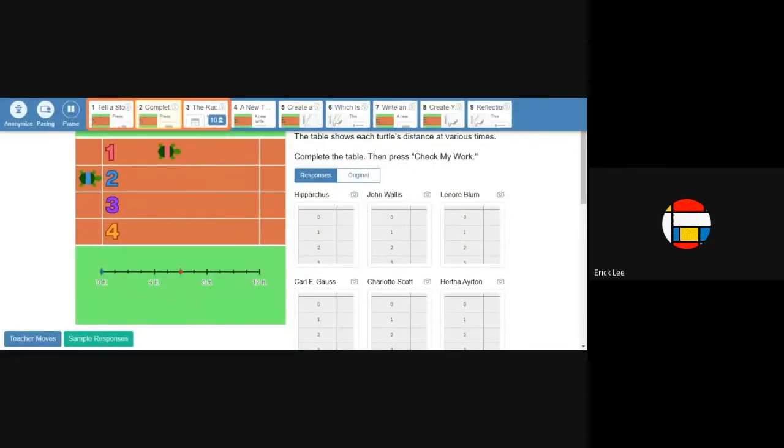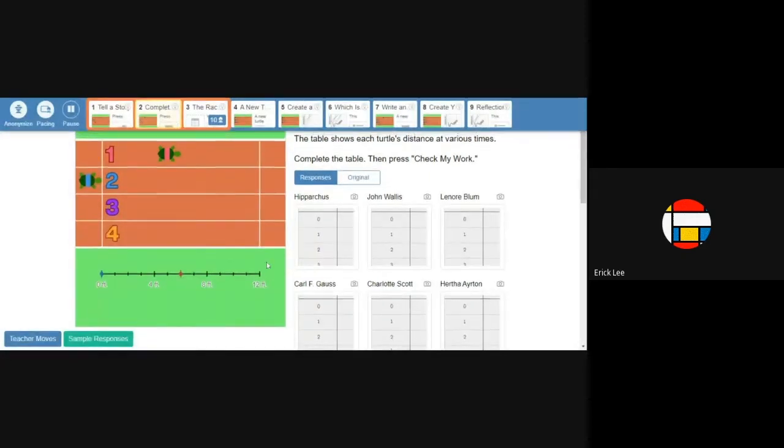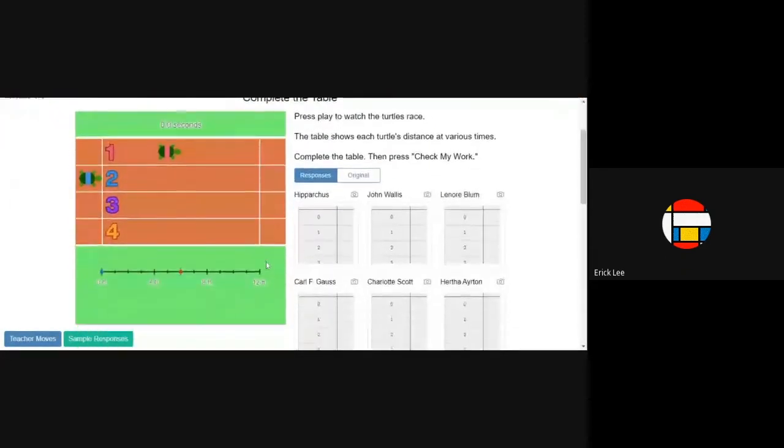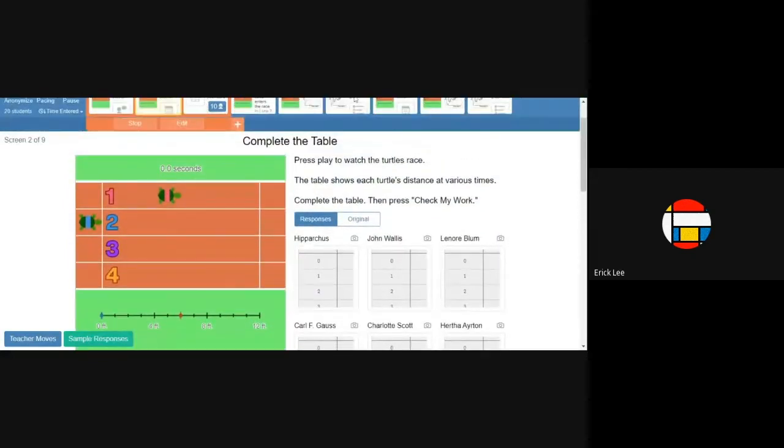Sometimes the more complicated activities that are created by Desmos have features that the rest of us don't have access to. I'm not sure if this is one of those. It looks like it's just a number line with labels in there that you could just change from feet to meters. So I don't think this would be hard to change to metric, but I haven't tried that yet. I think I saw another question there about